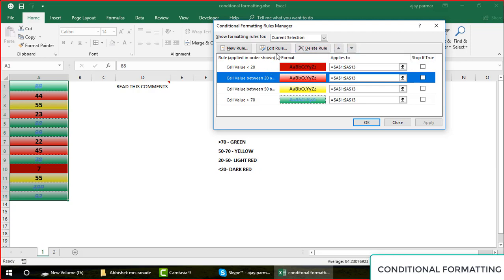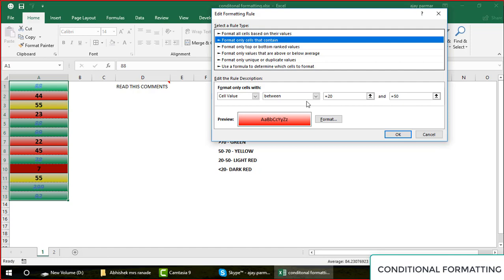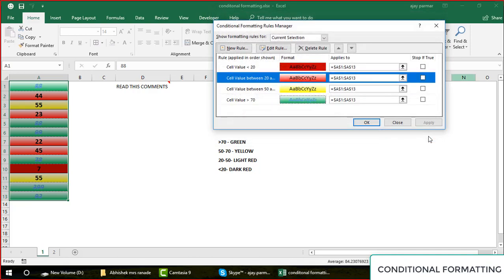So obviously I don't want to delete it, I don't want to make a new rule, I want to edit the rule. What is the rule? Click here. This is the same thing which we have done. So then I go and change this value 50 to 60 or whatever. I'm just saying that if the target gets changed, then you go and write here all the things, right? So that's something I don't want to do.